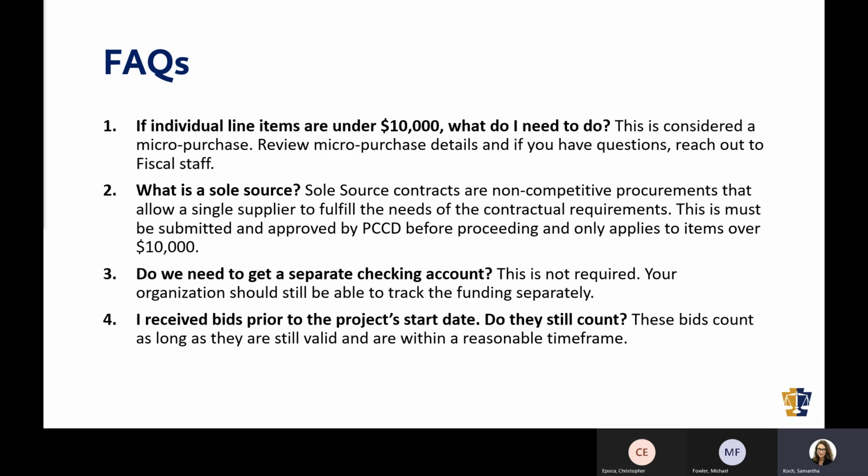Awesome. All right. So another question is, I received bids prior to my project start date. Do those bids still count, or do I need to do new ones? So what's the answer there, Chris? Well, if you put a contract out for bid within a reasonable time frame prior to the grant beginning, we would still see that as a valid competitive procurement. We obviously would not want you relying on a competitive bid that you put out, say, a couple of years ago. We would say that's probably stale dated. We'd want you to rebid that.